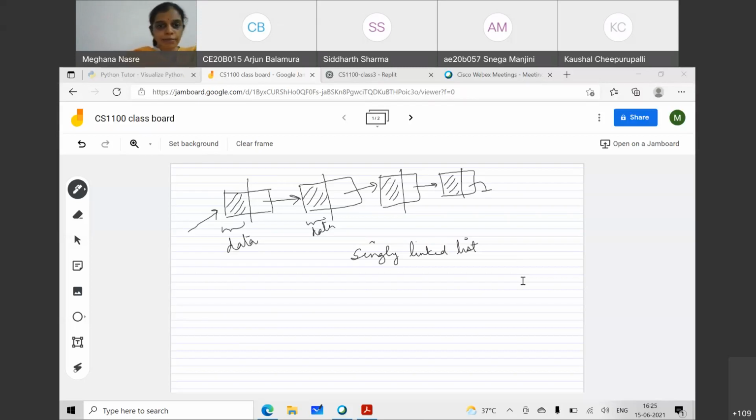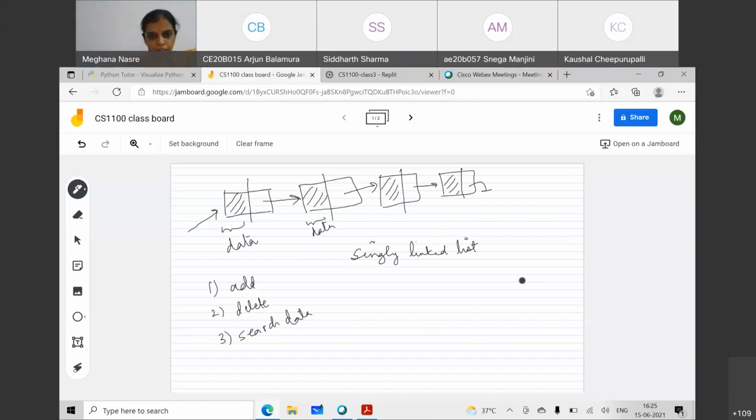Good. So let me just write the following operations that we would like to support. The first one is add data. Second is delete data. The third is search data item.